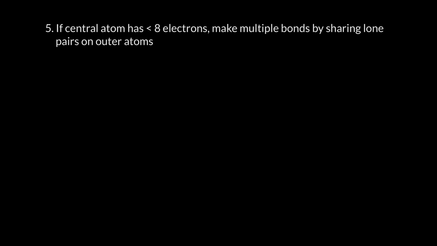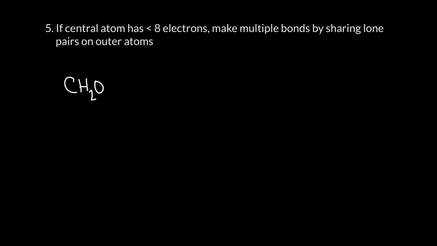Now, the very last but one rule here is if the central atom has less than 8 electrons, we make multiple bonds by sharing lone pairs on the outer atoms. So that's kind of a mouthful. Where would be a situation where we might worry about this? Golly gosh. So let's say we've got something like